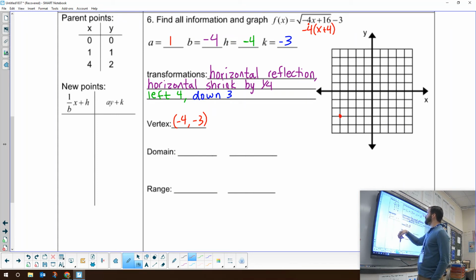All right, so let's see here. On the left side of my T-chart, I'm going to have where my B is -4, so we're going to have 1/-4 times x minus 4, and that's what we're going to plug these guys into. And then over here,